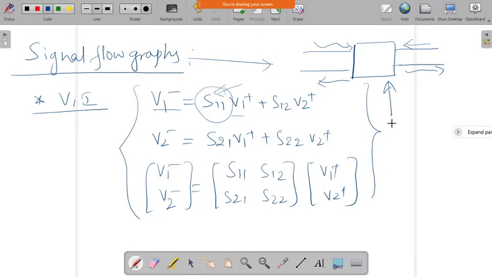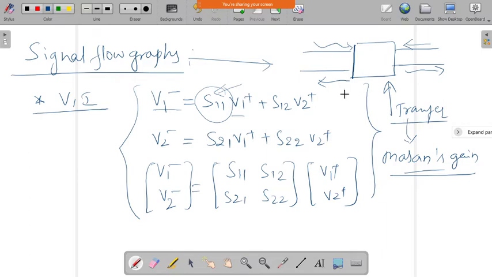You might have seen in your control systems course that we find the transfer function for a particular system. If you find that transfer function, you get the gain of the overall system. That uses Mason's gain formula and the reduction techniques, the diagram reduction technique. Using signal flow graphs, you can find the transfer function, and from that the overall gain of the system.